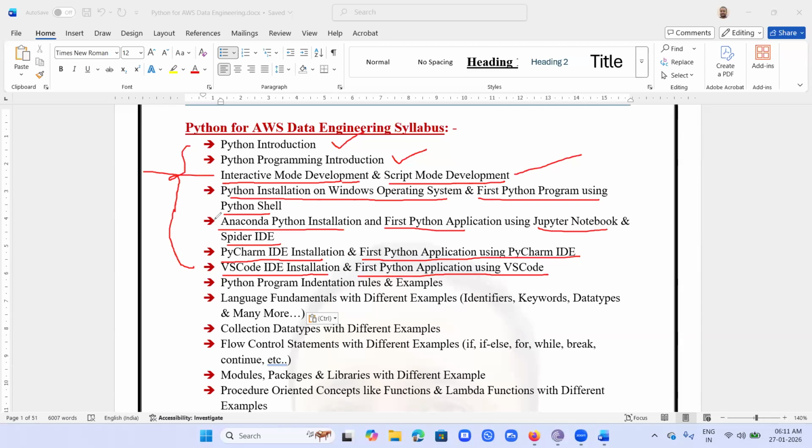Once we complete this, we start with a very, very important topic: Python indentation rules. While writing a Python program, what rules do you need to follow? With different examples, we are going to discuss. And then we are going to discuss another very important one, language fundamentals: identifiers, keywords, data types, and many other topics